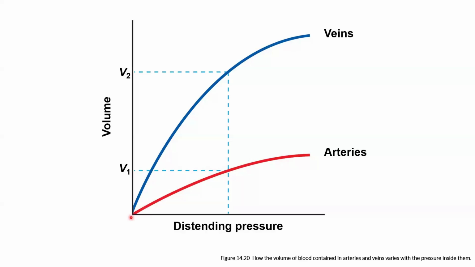So a little bit of volume creates a lot of pressure in these vessels. In veins, it takes a lot more volume to give us the same amount of pressure as we see in arteries. So veins are very distendable. They can accommodate a larger volume without having a larger pressure inside of them. Okay, so they are much more capacitant